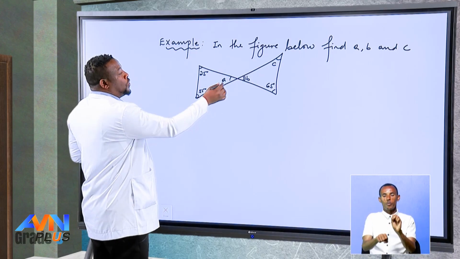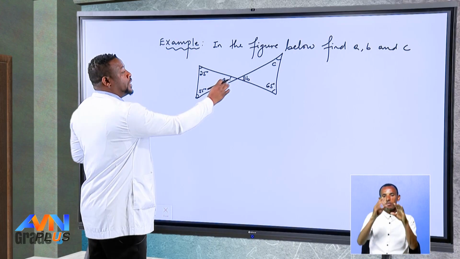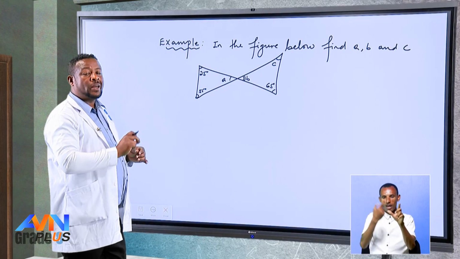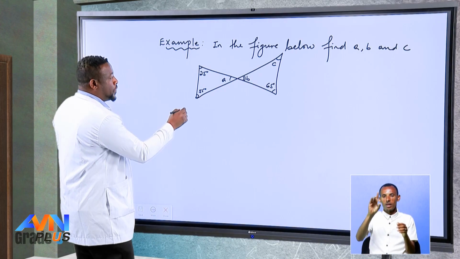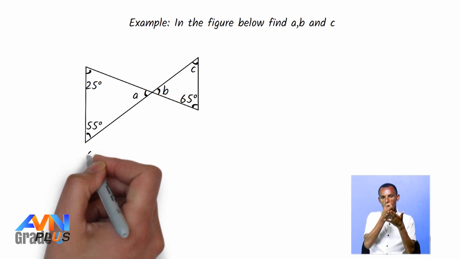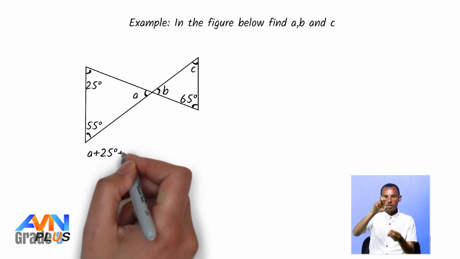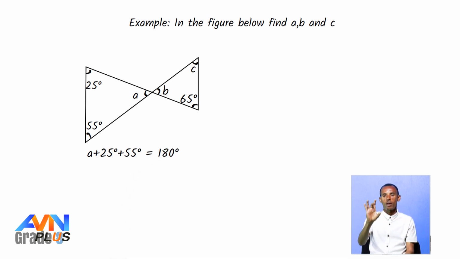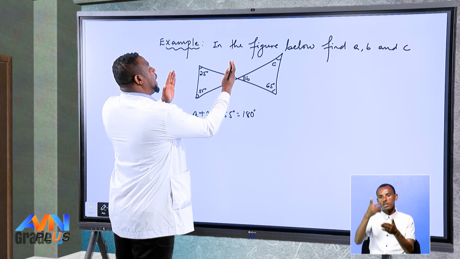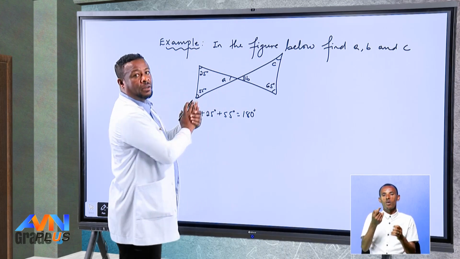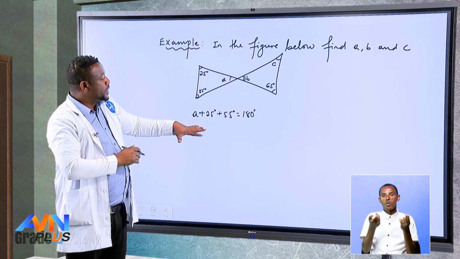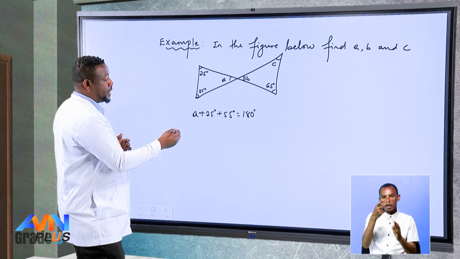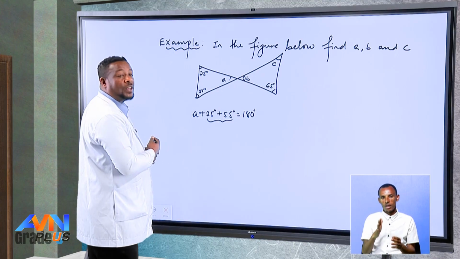So consider only this part, only this triangle. The sum of these three angles must be 180 degree, right? So you have to write A plus 25 degree plus 55 is 180 degree. Okay, you can ignore the other parts of the triangle and consider only this part, right? So whenever you do this, you will have the value of A. So let's see what A looks like. 25 plus 55 is